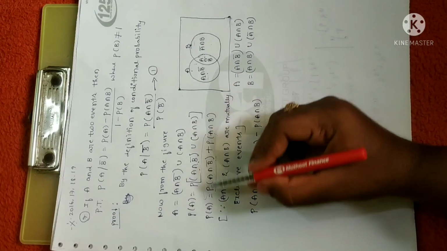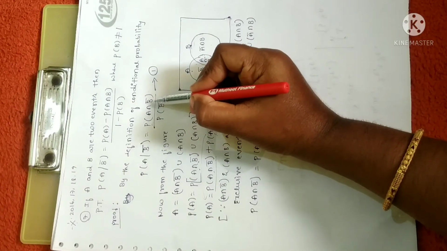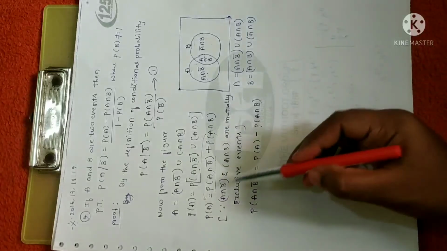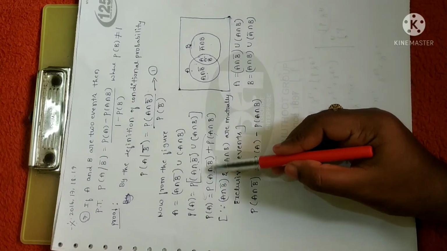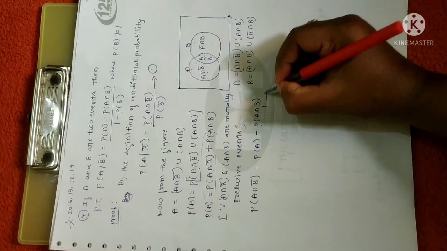In the above equation, what I have done is I have kept this term since we need the value of P of A intersection B bar. Why? Because that term is there in the numerator. So I am going to extract the value for that. P of A as it is, and I am shifting the other term, so you will get this. Let me call this equation 2.